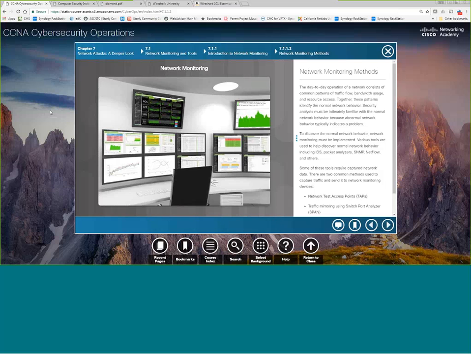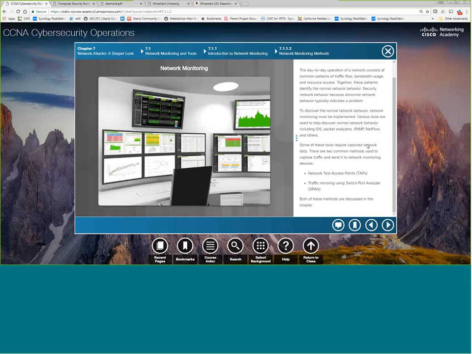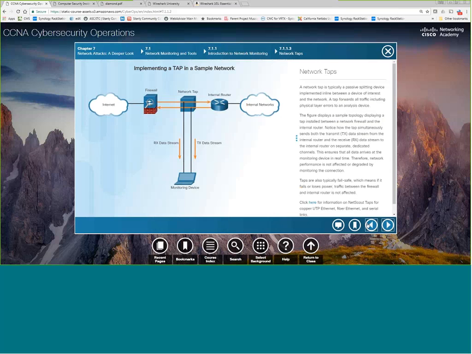All right, let's talk real quick about a couple things in Chapter 7. We're going to jump around and get them out because some of Chapter 7 is review. But I want to talk about network access or network taps. One of the things that's very difficult in modern networks is, where do you put your sensors? Where do you get your traffic information?